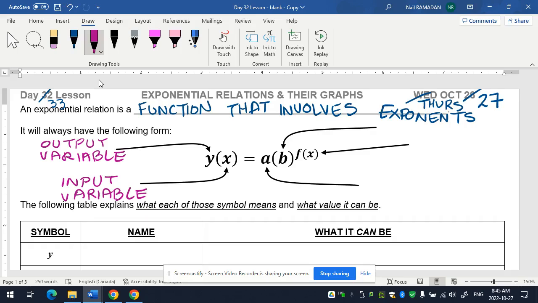What do you call the small b? What do you call the number that is at the bottom, not at the top? The top one is called the exponent. From day one of this unit, what do you call the b? Anything that is below the superscript is called the base. So b here will be the base,